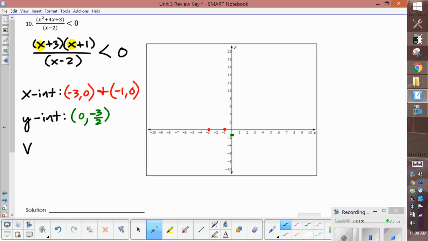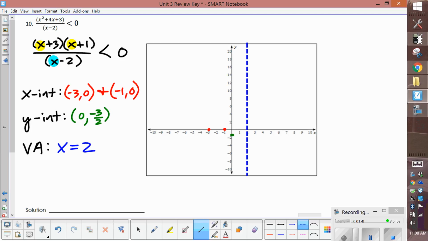I'll go ahead and do the vertical asymptote. And that's what would produce a 0 in the denominator. And it looks like 2 would produce a 0 there. So I'm going to say x equals 2. And again, we're not plugging in 2. This is the equation for the line, this dashed line that my math cannot cross because I cannot have zeros